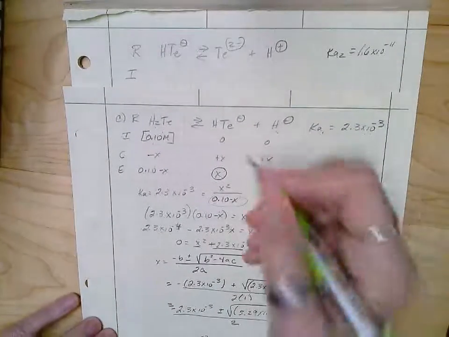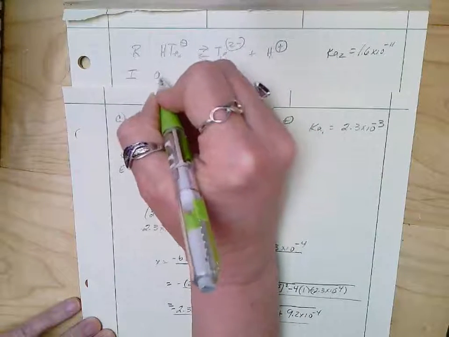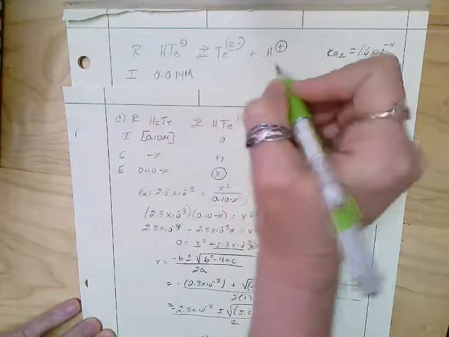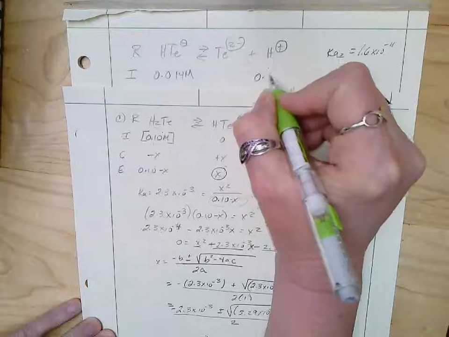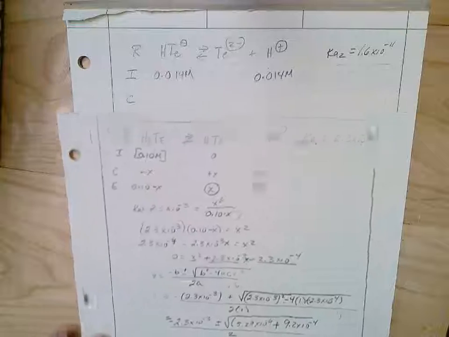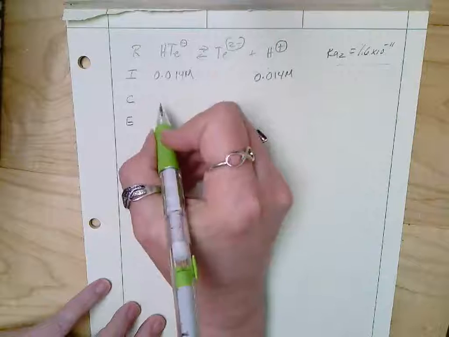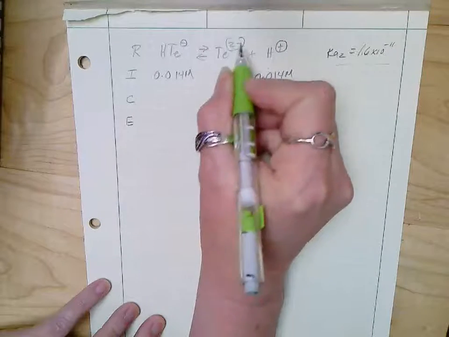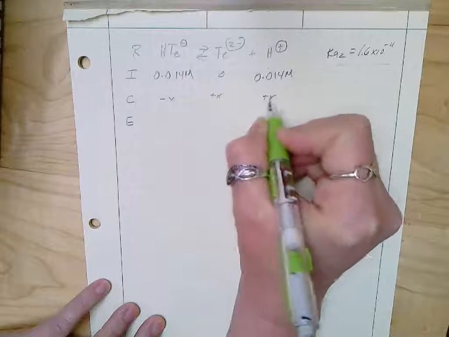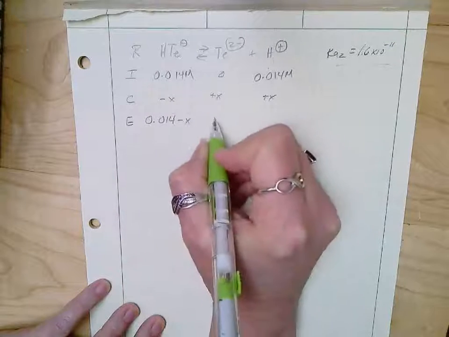So my initial now for HTe minus 1 is going to be 0.014 molar. But this is also going to be 0.014 molar. And I've written down the Ka for this problem. So now we're ready to go on and do ICE or RICE. So since I have 0 of Te2 minus, I'm going to lose x here. I have to gain x here, and I have to gain x here. And I get 0.014 minus x,